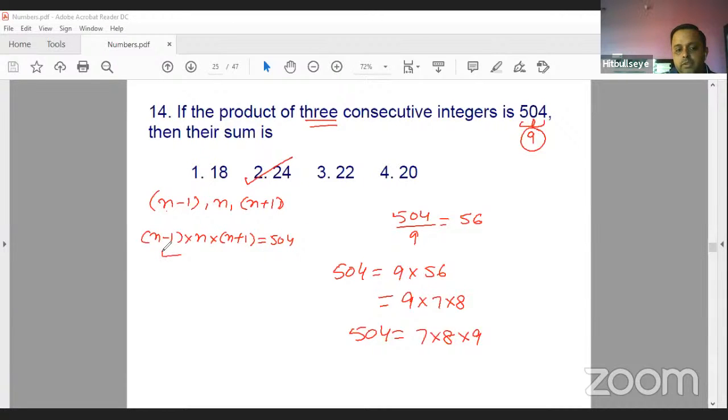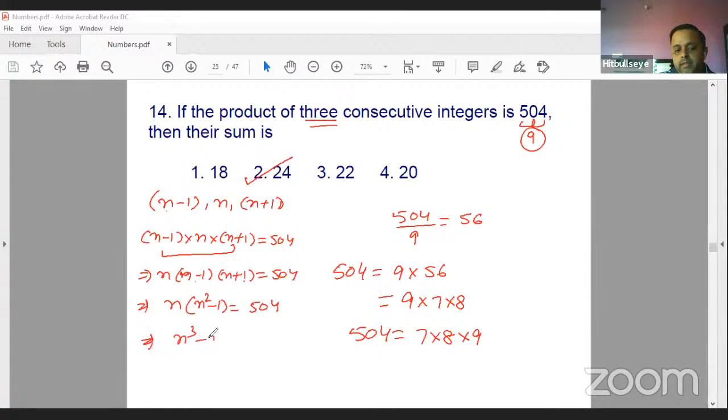I can write it as n into n minus 1 into n plus 1 equal to 504. Now n minus 1 into n plus 1 is n square minus 1,